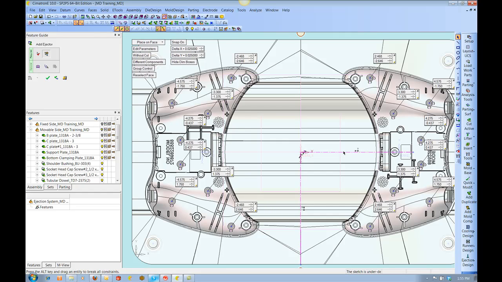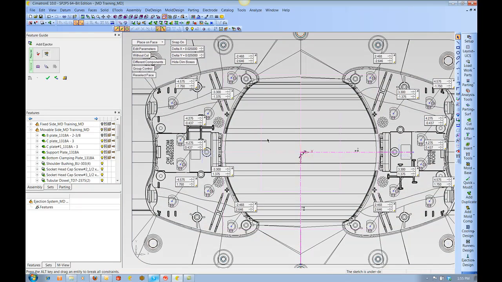Okay, so we're going to go ahead and place these pins again without cut. Oh wait, I forgot something again. Let me switch to wireframe. You see the D-shaped pins? If I wanted these to be rotated the same way, say I wanted all the locks to be facing the inside of the mold as these ones are, I can choose group control or individual control,